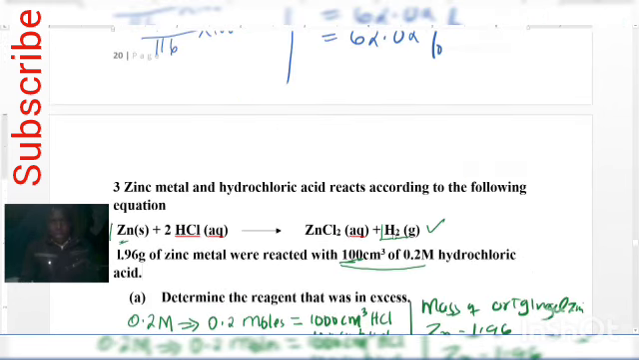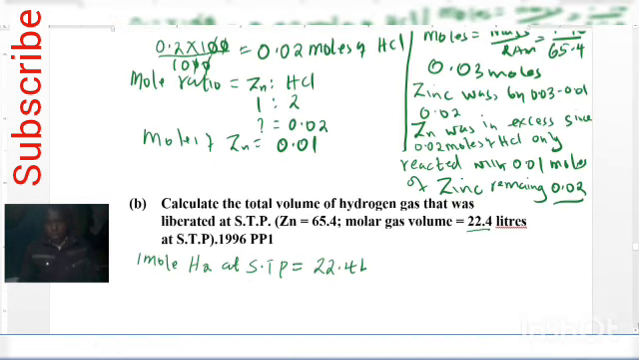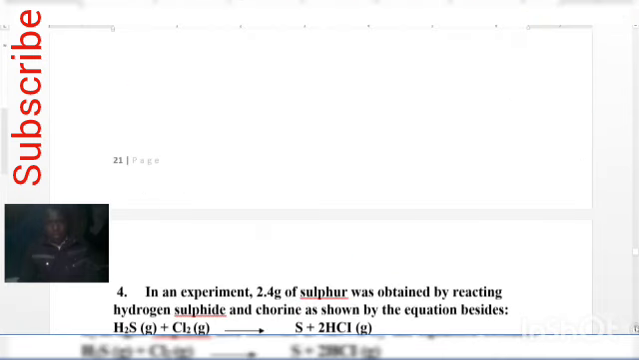So this is our hydrogen. The mole ratio here, as you can see, is 1, the same as that of zinc. The number of moles of zinc was 0.01. It means the number of moles of hydrogen is also 0.01, because the ratio is 1:1. So if that is the case, then